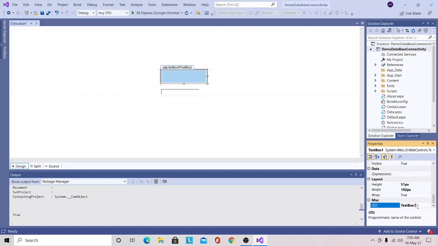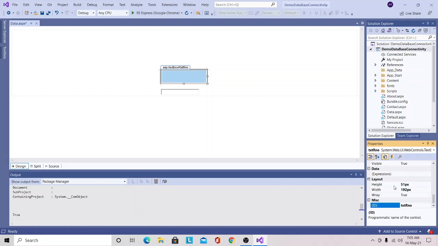I will change the ID of this textbox1 server control. I will give the ID name as txtrno. As I want to use this textbox server control to accept the value for the roll number of the student, so here I have mentioned the ID name as txtrno for this textbox one server control.